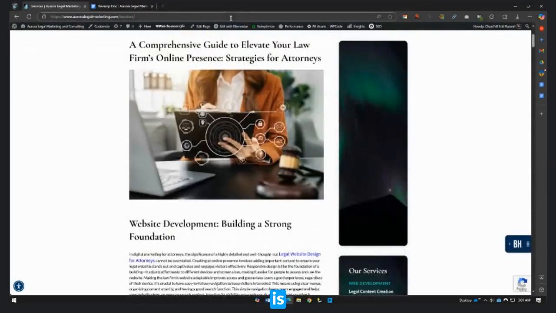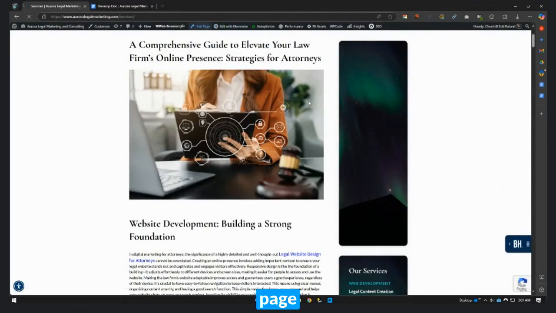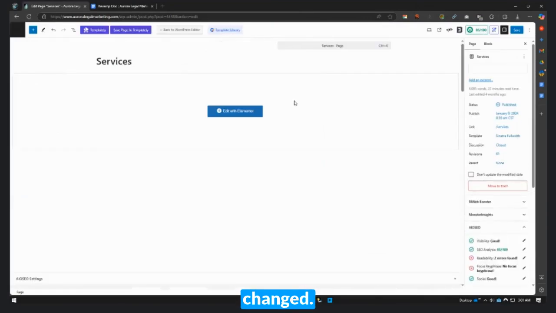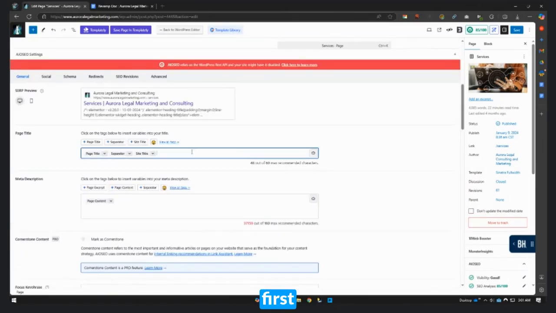What we will do now is edit the page first, so we can make sure that the URL slugs will not be changed. We will first update the page title.